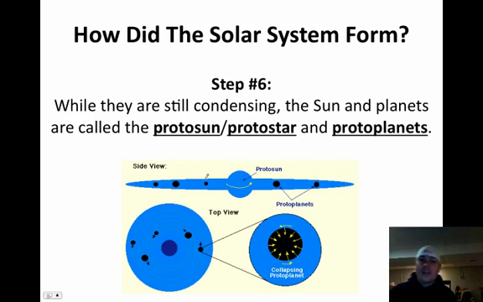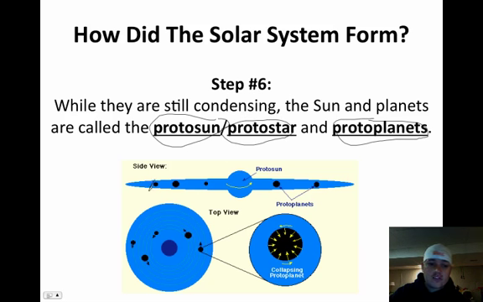So, again, when all of these things are happening, this is where we come up with the proto-sun, the proto-star, and also the proto-planets, when all of this dust and material starts to clump itself together as it starts to revolve around what we then called our proto-sun or proto-star, which now we know as our